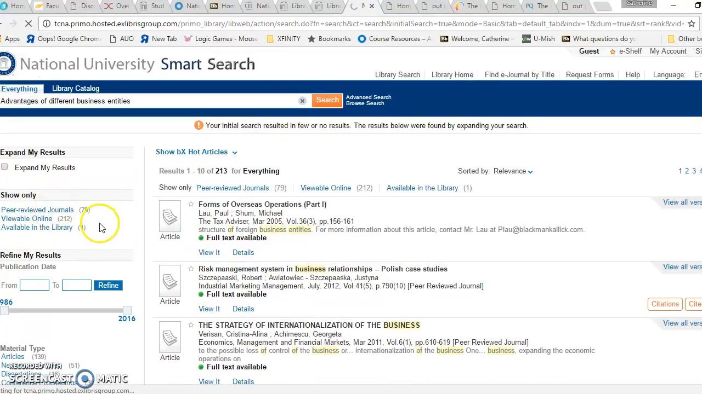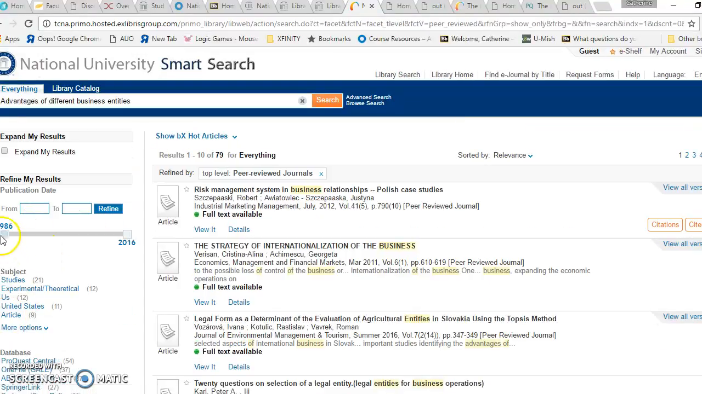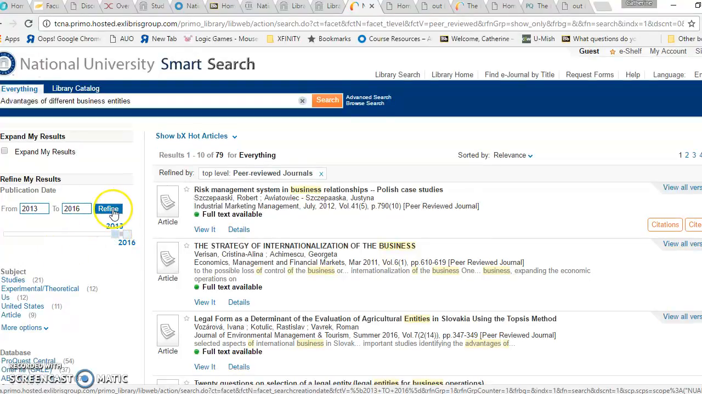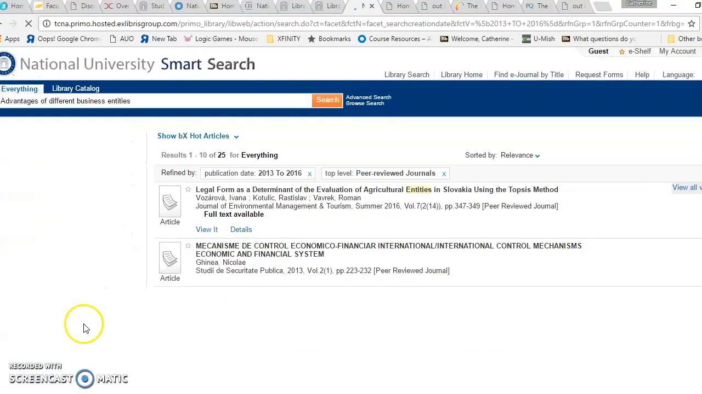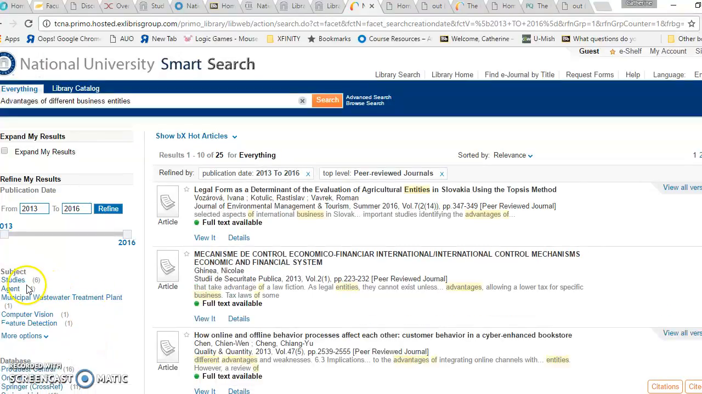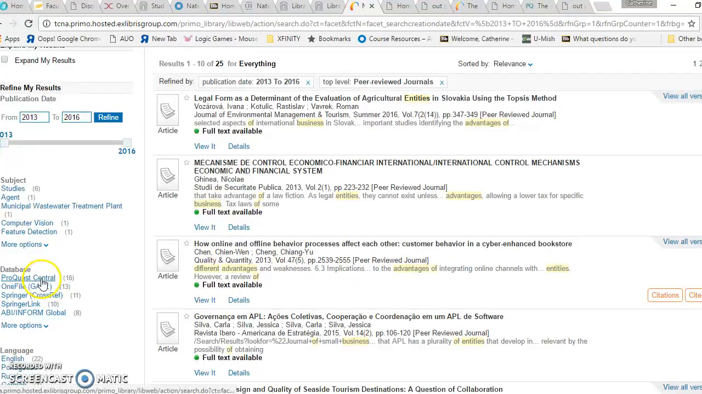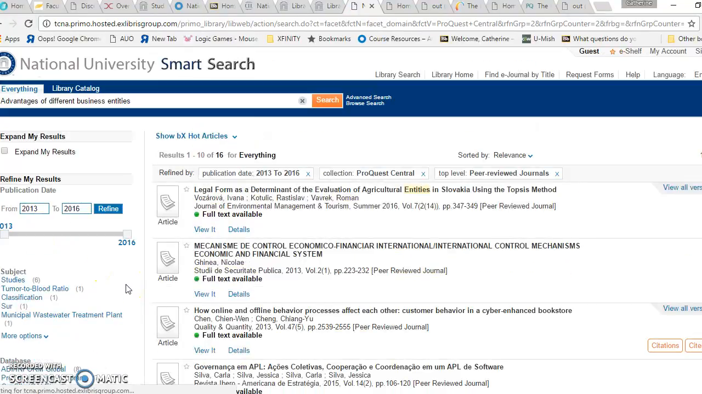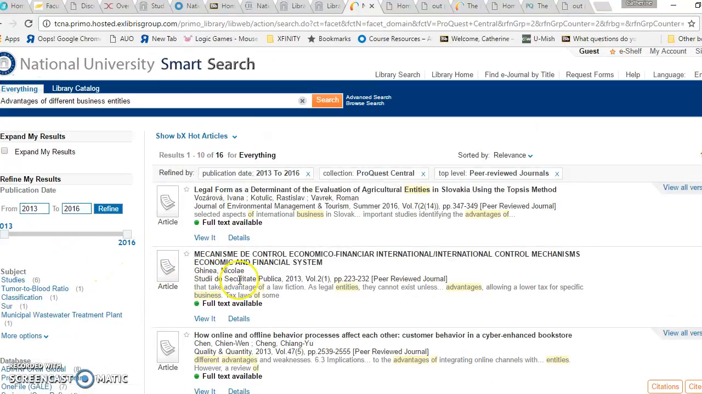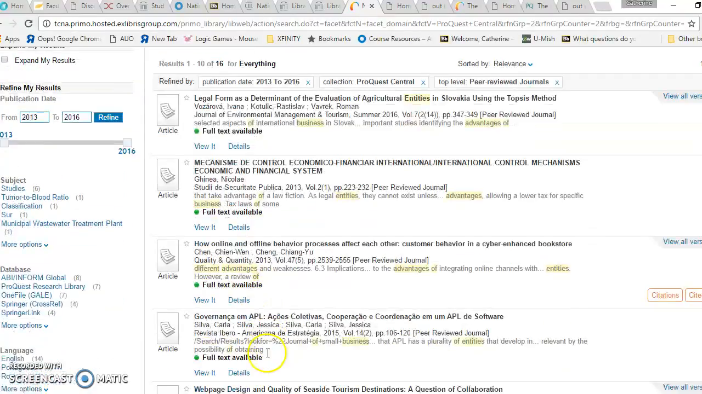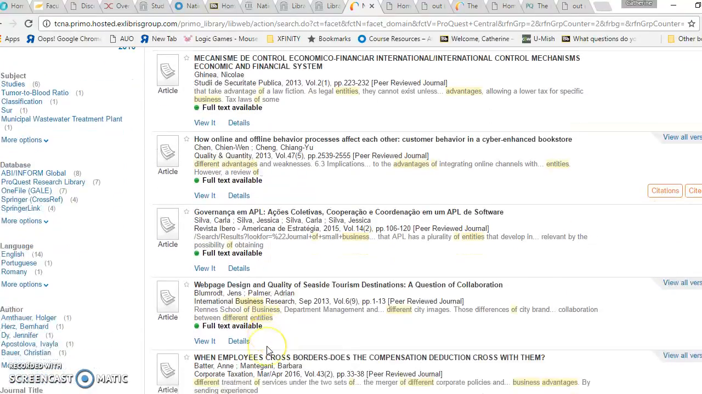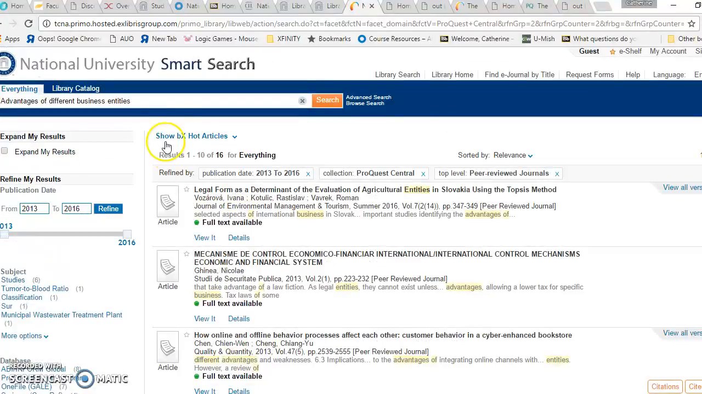And I'm going to say peer-reviewed journals. Tell it refine. I don't really want studies. We can go with the ProQuest database. Okay, this isn't really working. So see how I can look at it and say, okay, that's not really working, but if I wanted,